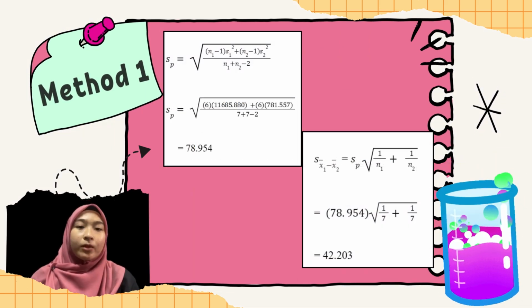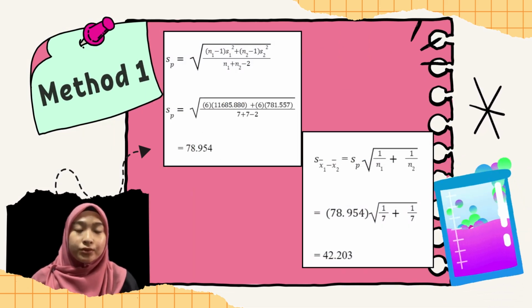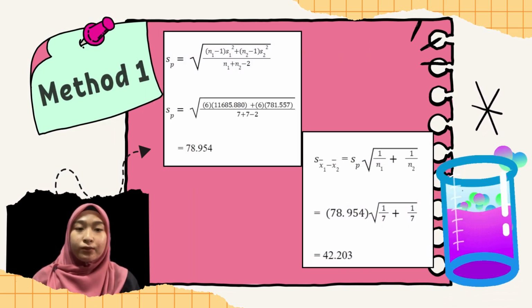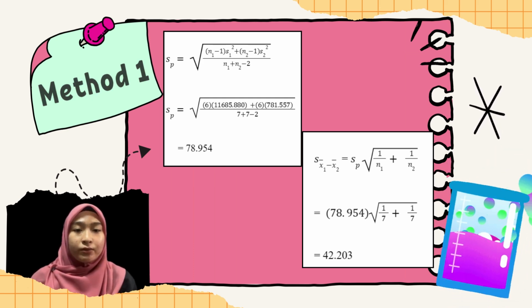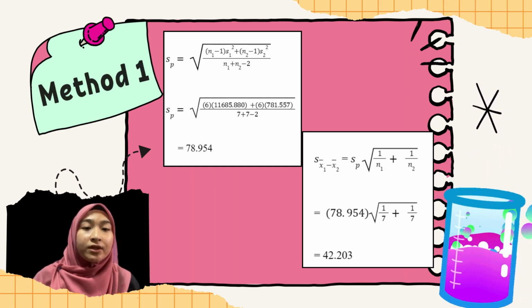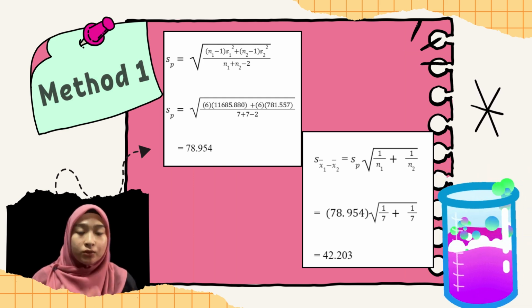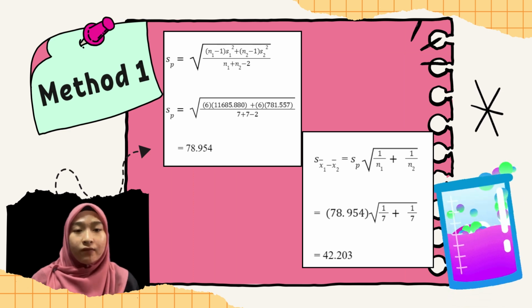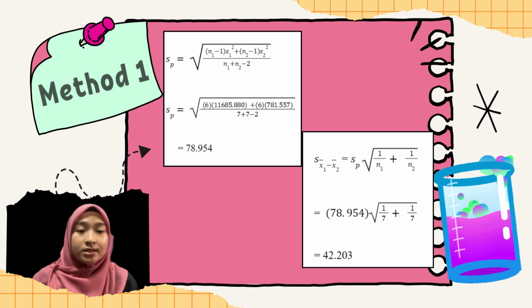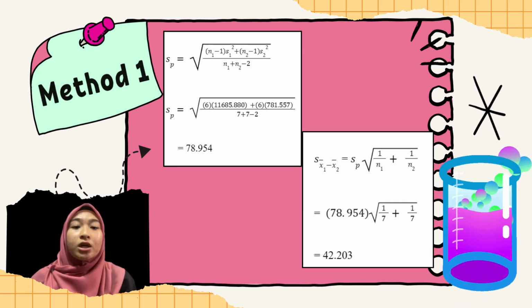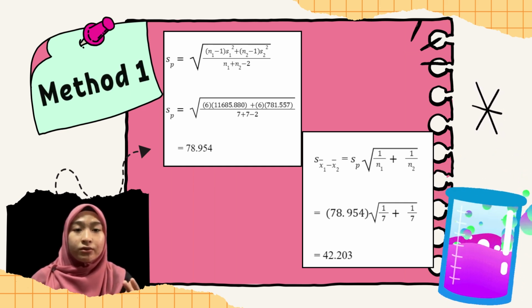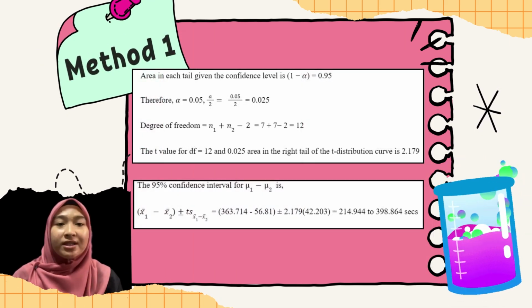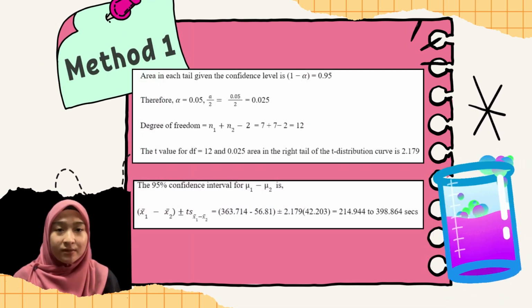After that, we will compute the value of the pooled standard deviation by using the formula given. After we substitute all the values into the formula, we will get the value of the pooled standard deviation for 2 samples equal to 78.954. Next, we calculate the estimated standard deviation of mean 1 minus mean 2 using the formula given, which results in 42.203. Then we determine the degrees of freedom using the formula as well, and we will get the value